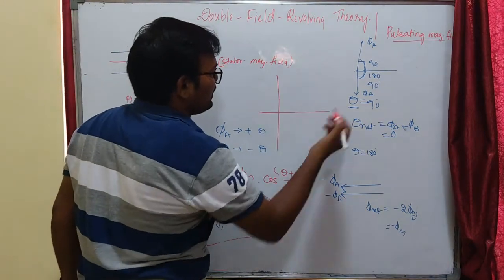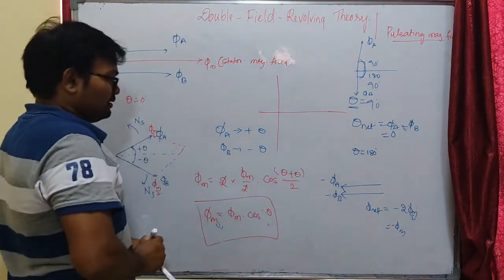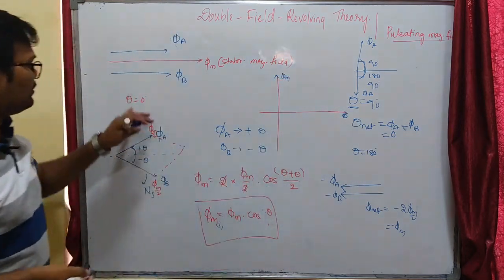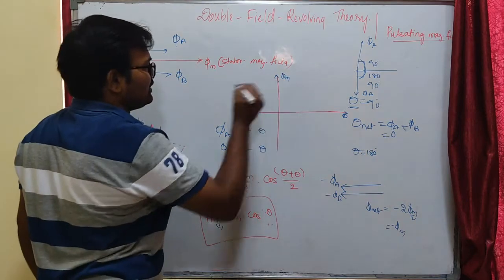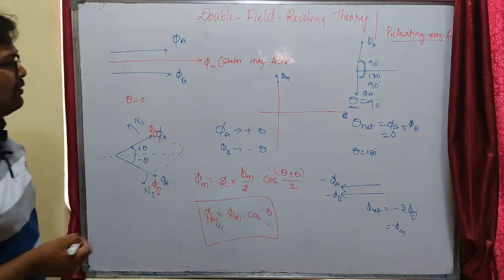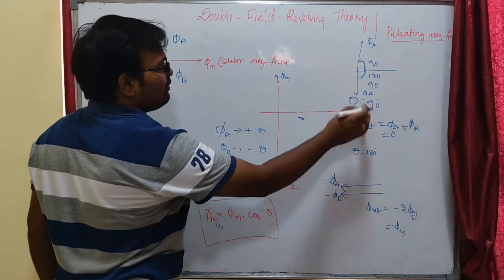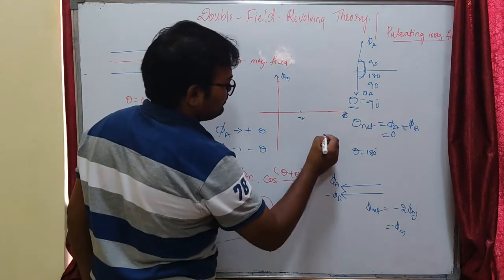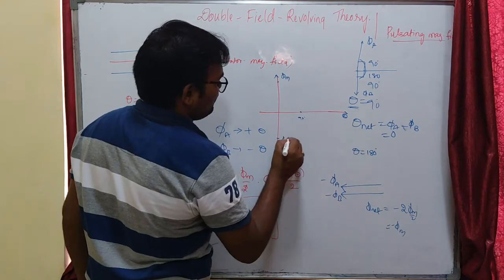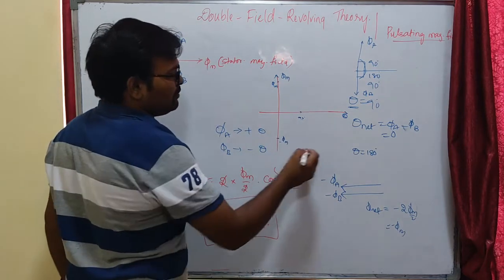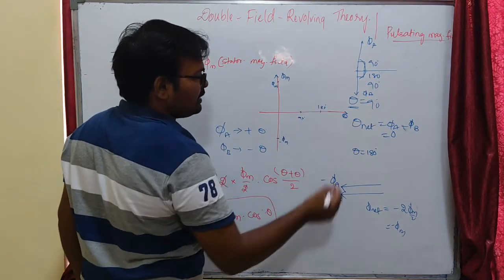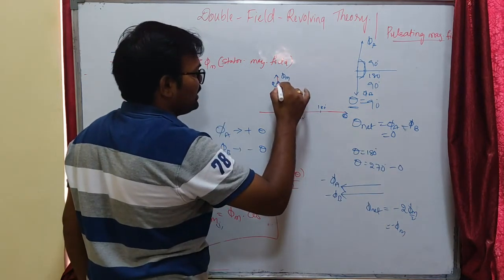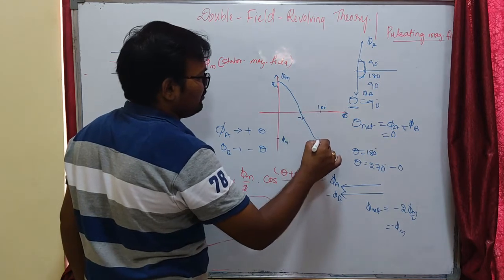That means let us try to draw a phasor. At theta equal to 0, this is our net flux phi m. At theta equal to 0, what is the magnitude here? It is maximum, phi m. At theta equal to 90 degrees, what is the value? It is 0. At theta equal to 180, what is its value? It is minus phi m. At theta equal to 270, it will again be 0. That means the flux is maximum at the 0 condition and minimum at 180 degrees.